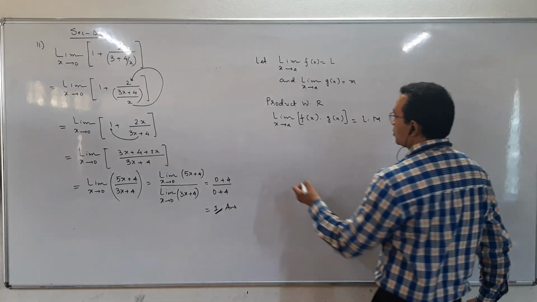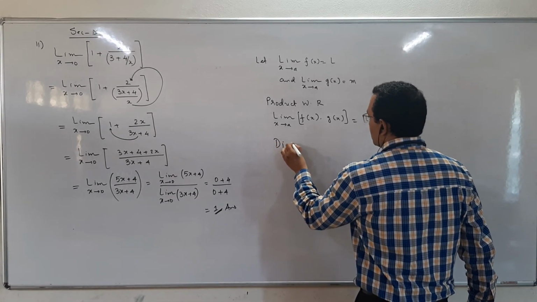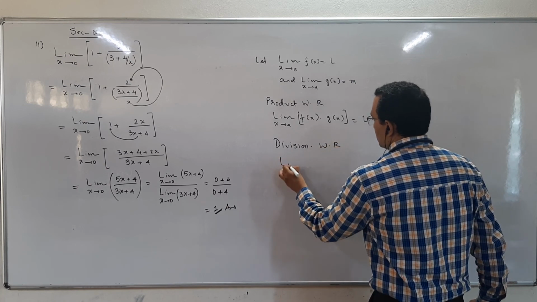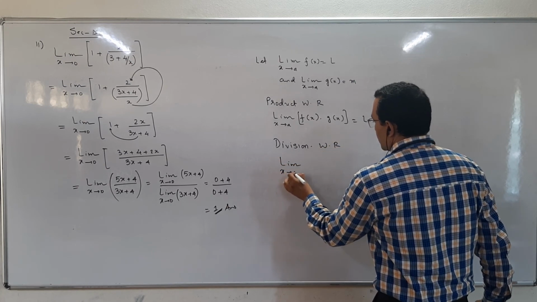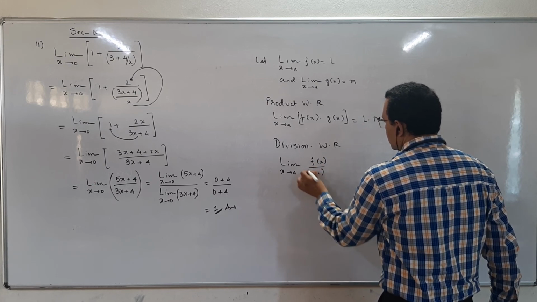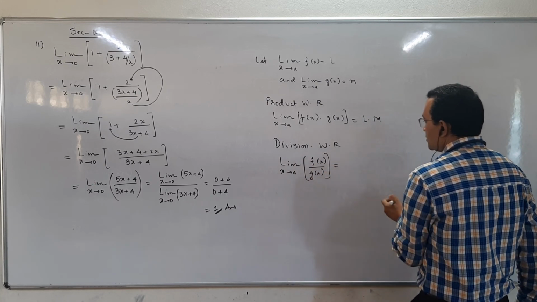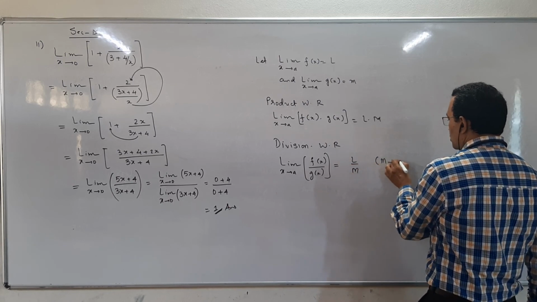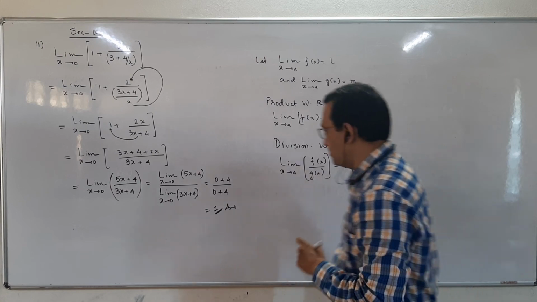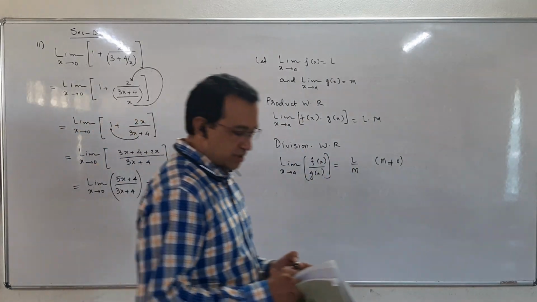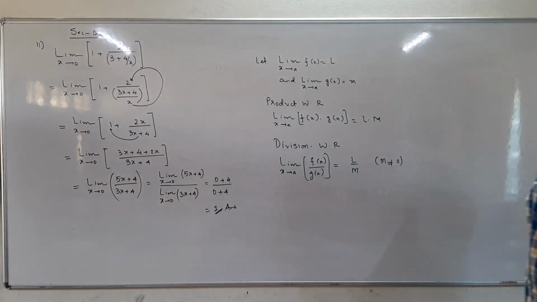And division working rule. Students, division working rule: limit x tends to a, f(x) upon g(x). Limit of division of two functions is equal to division of limits of both the functions, provided n is not equal to 0. So this working rule, students, we have to memorize. The remaining we will continue in the next